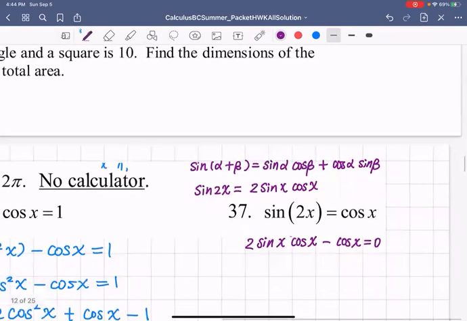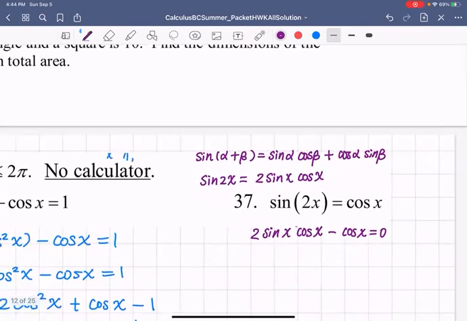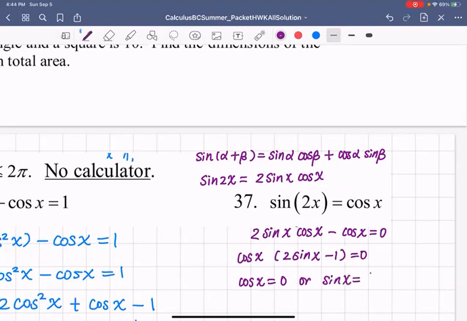Take the factor. Do you want me to factor this? Yes. Cosine of x is factored out, and then in parentheses, it's 2 sine x minus 1. Okay. So 2 sine of x equals 1, so that would be